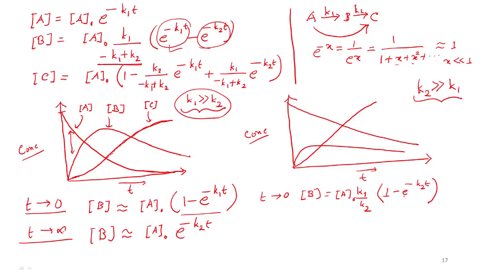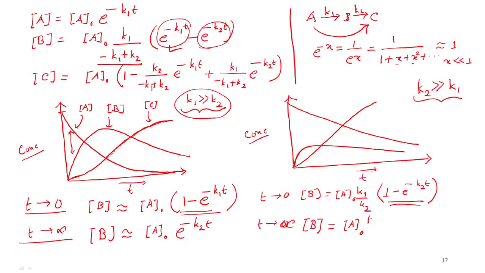Now think about it. So this is also in growth, just like the earlier case. However, look at it very carefully. So when we have this kind of situation, initially the B will rise, of course, but sooner or later, we have K2 much greater than K1. So that's why we are ignoring this term, making it to be 1. And when t is very large, then B, as before, will be